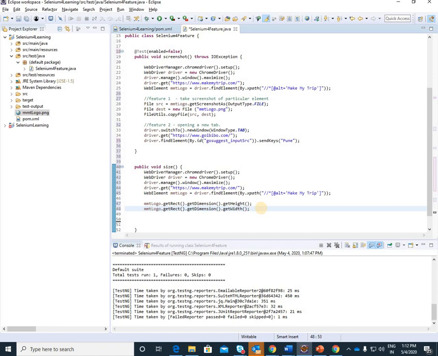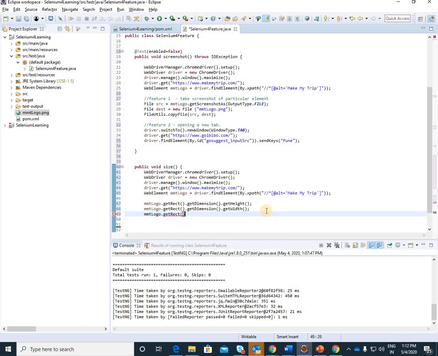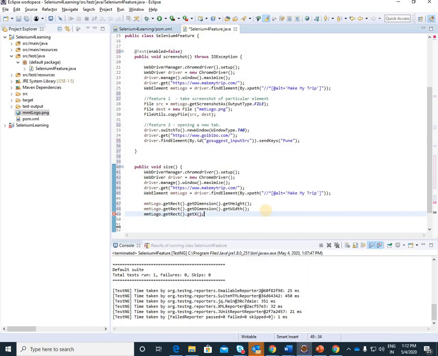And now I want to know the x and y coordinate. So x and y coordinate will be there in the mmtLogo dot getRect dot getX, and same goes with y. Okay,